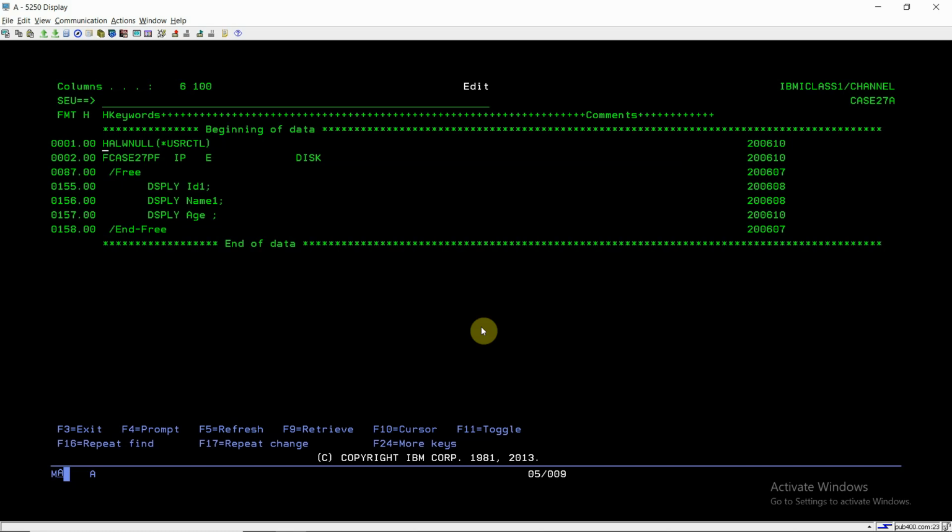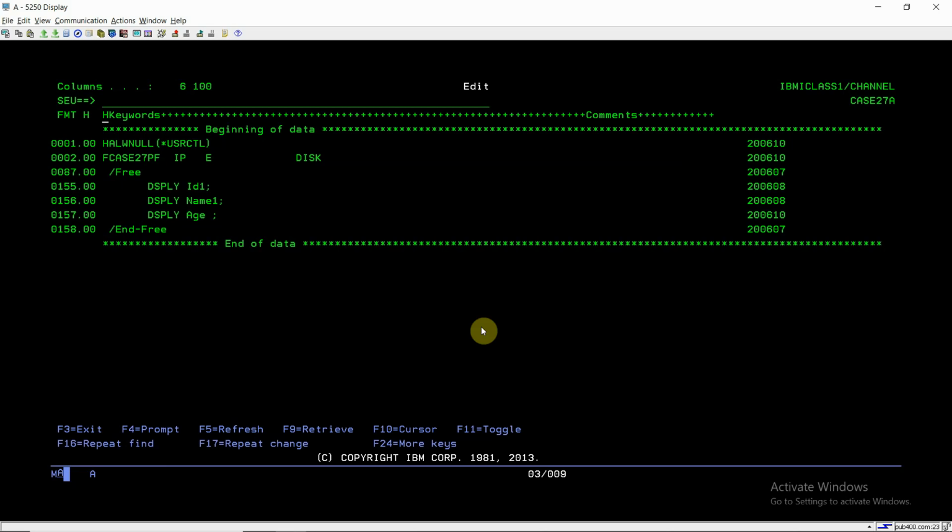It won't check for any field whether it is null capable. It will basically skip the errors and ignore those errors on any field.